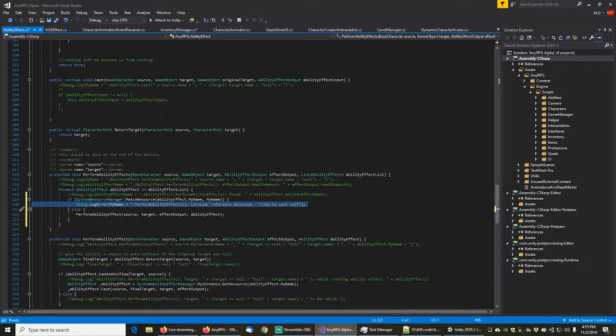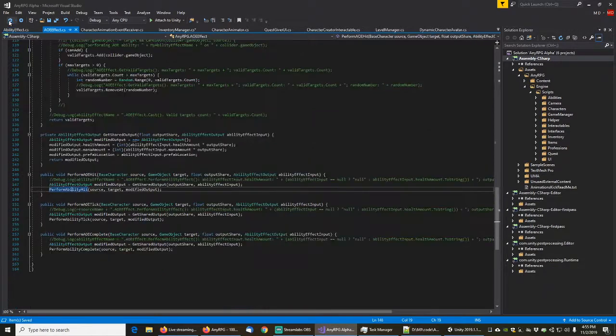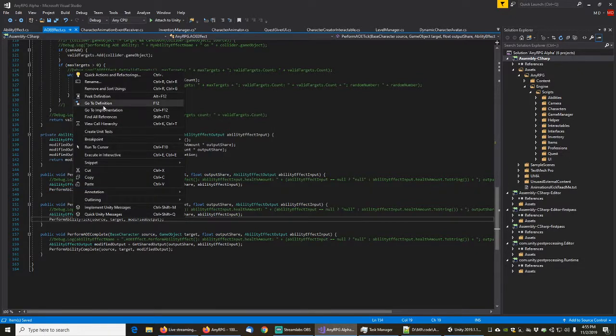Okay, that should be good. Now there are basically three ways we can get to this code. We did it through perform ability hit, perform ability tick, and perform ability complete. So let's just go to each of these and make sure that we can't recast ourselves